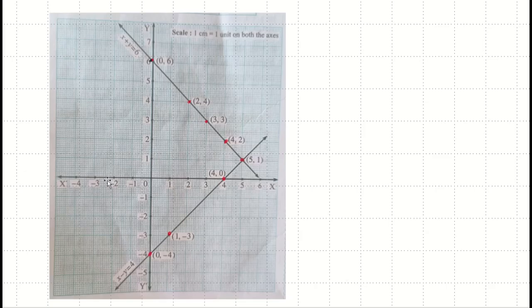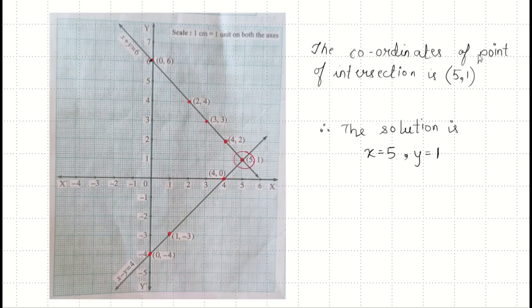So as we have the points here, we will draw one line joining these points on x coordinate and y coordinate. These points are from the single equation x plus y is equal to 6. Here we got one line, and for x minus y is equal to 4, we will make a line over here on the graph. So the point of intersection is this 5 comma 1. As the coordinates of the point of intersection is 5 comma 1, the solution is x is equal to 5 and y is equal to 1.